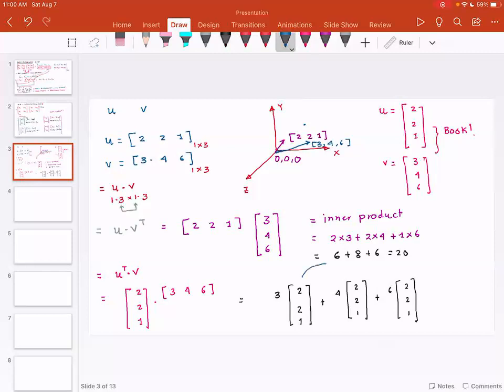So note, this guy is the same. And what is happening is the first column of the resultant matrix is scaled by 3. Second column of the resultant matrix is scaled by 4. And the third column of the matrix is scaled by 6. So this is nothing but the same vector scaled multiple times. So this is 6, 6, 3, 8, 8, 4, 12,